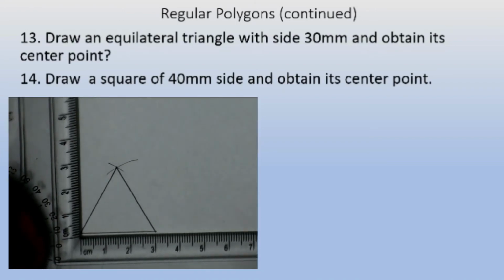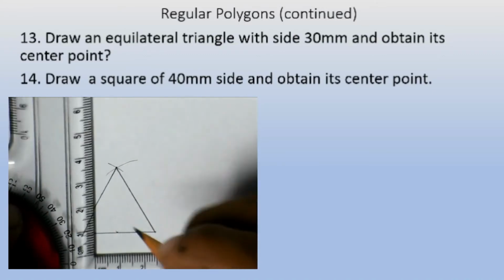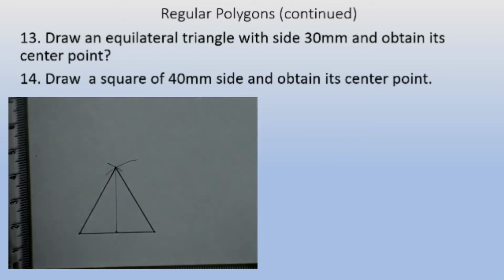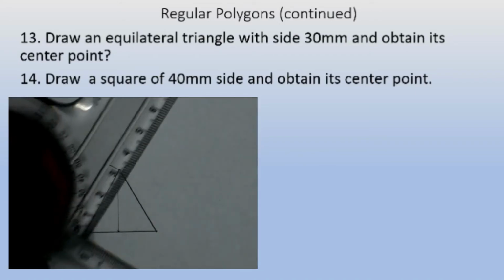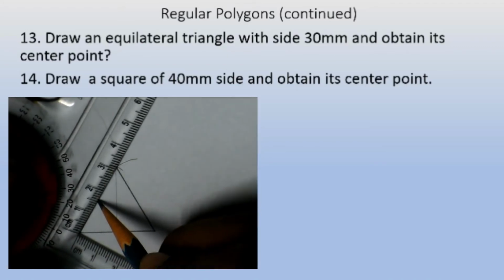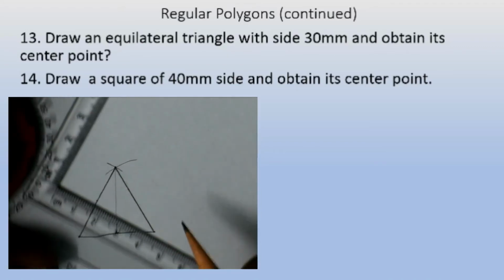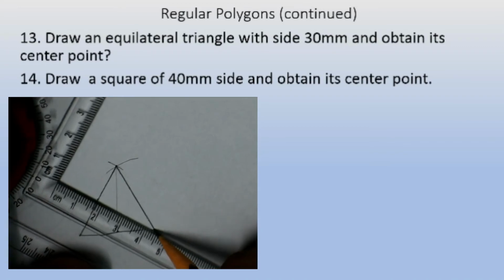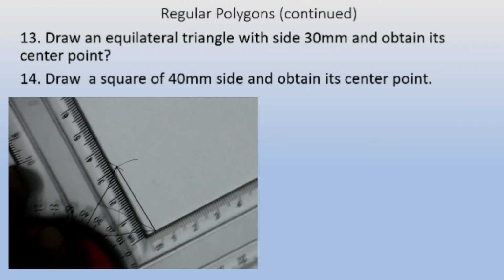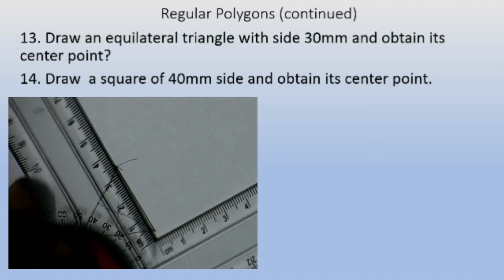For that reason, you observe one procedure here. From every line's center, if it is 30, then it is going to be 15. I will join the opposite corner from this on this line. Take the distance as 15 mm. 30 by 2 is 15. Half of 30 is 15, and I will join this point with the opposite corner. And you see that from this line also we can take.